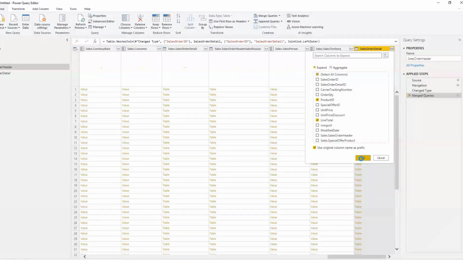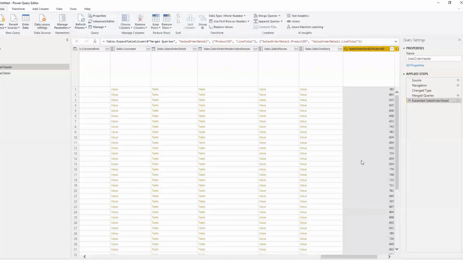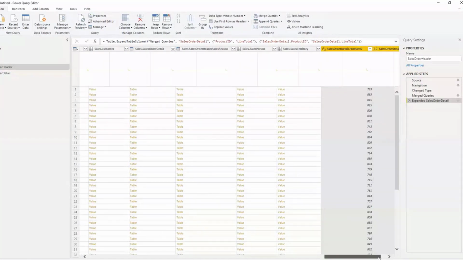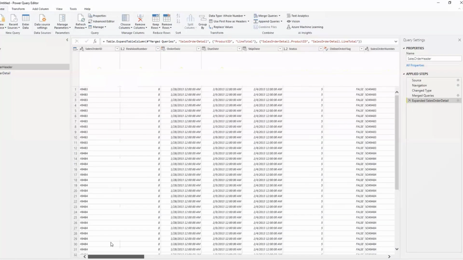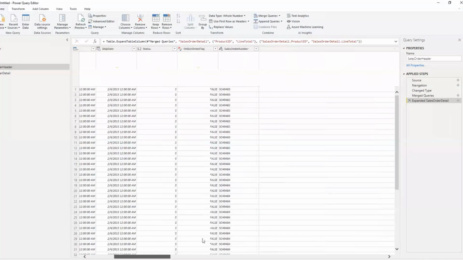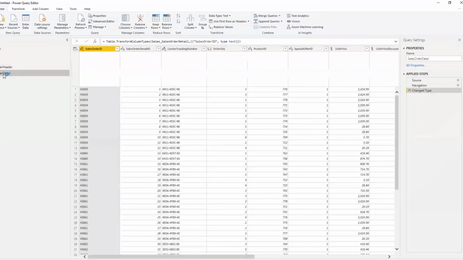Right, so we had brought in the two required columns from sales order detail. And basically what that means is we don't want sales order detail in our Power BI, right? We don't need to use it for anything. So you don't need to load it into Power BI.